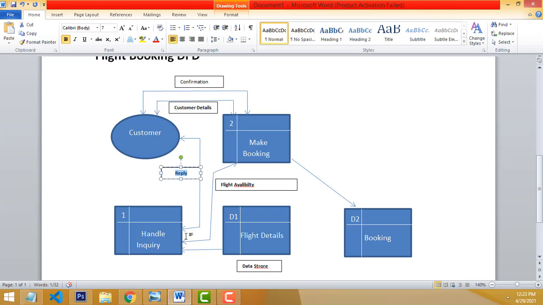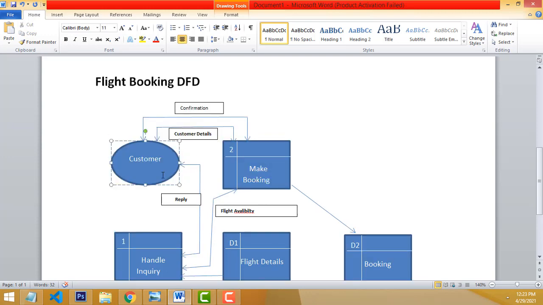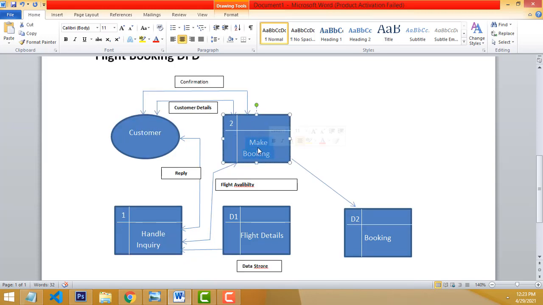First it will be checked. When the customer request comes, it is checked whether the flight is available on the particular date and the seats are available, all the things are checked. After that it replies to the customer that the flight is available for the particular date and the seat availability is okay. Then only the customer enters the details in the form. Make booking, this is the first flow, this is the second flow. This flow is working. After this the customer enters the customer details. After booking successfully, the system gives the confirmation that you have booked successfully. That is the confirmation message.